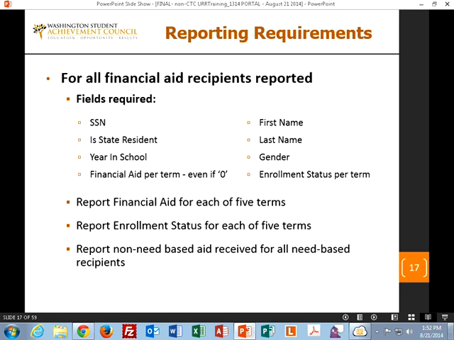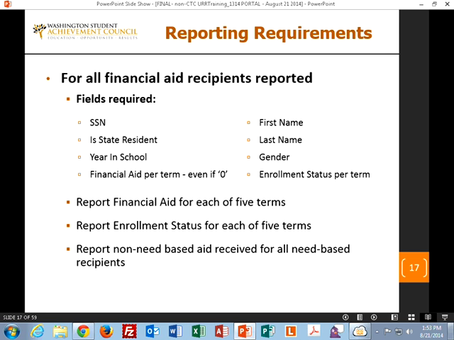So both the financial aid per term and enrollment status per term, there's a lot of those that will end up being zeros, which mean no aid received, no enrollment status for those. Well, I shouldn't say that the status per term will be so much zeros, but the financial aid per term will be a lot of zeros on that. Enrollment status per term, though, if there was a school that's a semester school and you don't typically have a winter term, you're going to be showing zeros for winter term for those students. In other schools, if they're simply not enrolled, you'd be putting zeros for those terms.